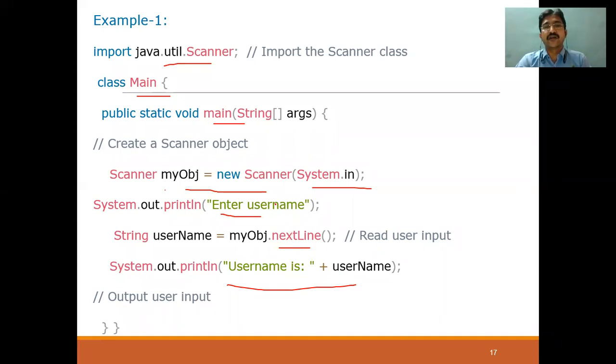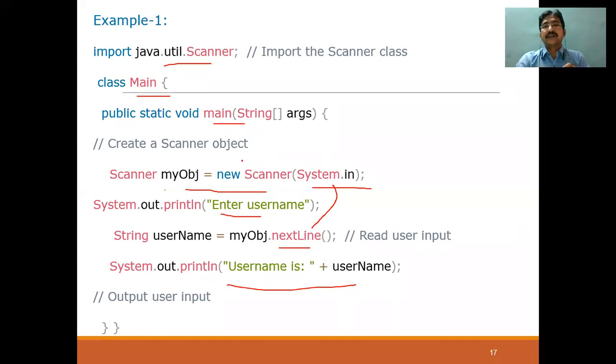So whatever you are reading from the standard keyboard, it will be taken care of in whichever format it wants. Whether it is reading an integer or a string, based on that, the program is going to take the respective method. So this Scanner will read the input from the keyboard, and whatever my obj, the Scanner object, reads